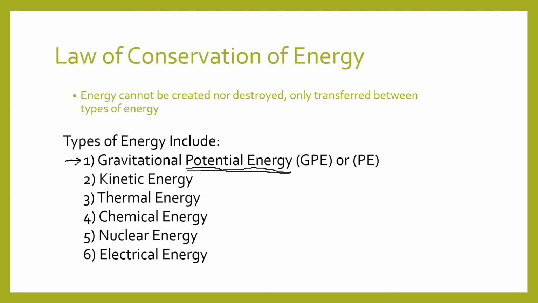Chemical potential energy would be fat. If you have fat in your body, and we all have fat in our body, nobody has 0% body fat, provided that you're healthy and not malnourished. So let me clarify that. If you're not malnourished, you do not have 0% body fat. They say 7 to 15% is a good range of body fat to have. But again, every person's a little bit different, so don't worry about that.